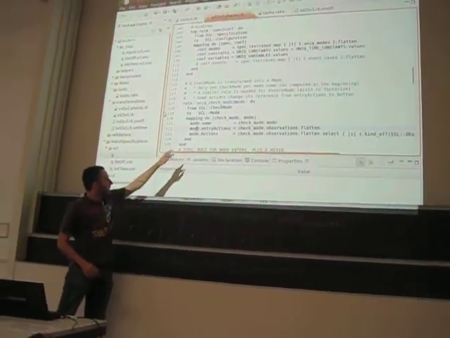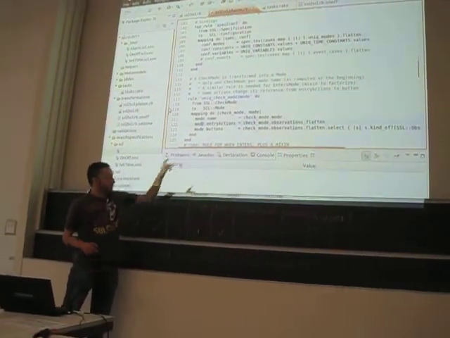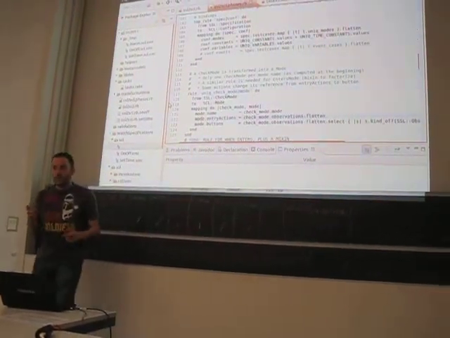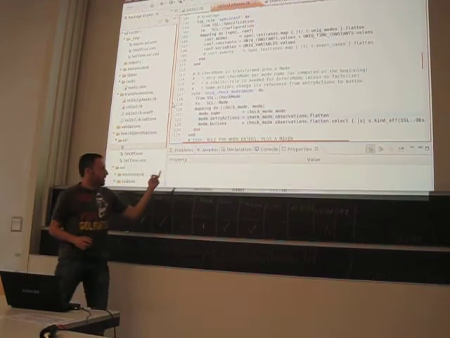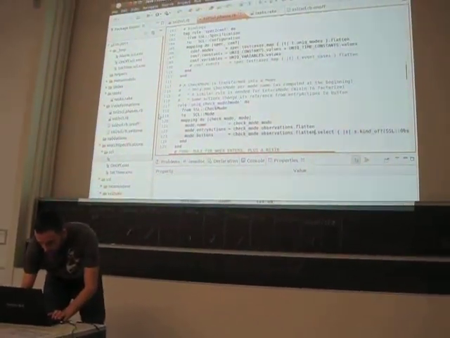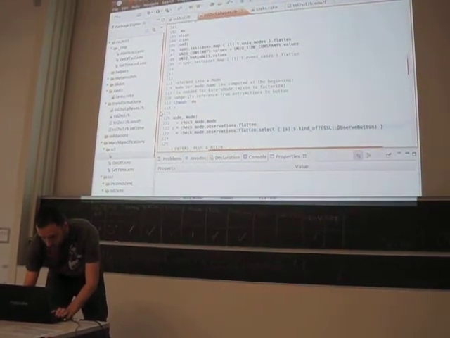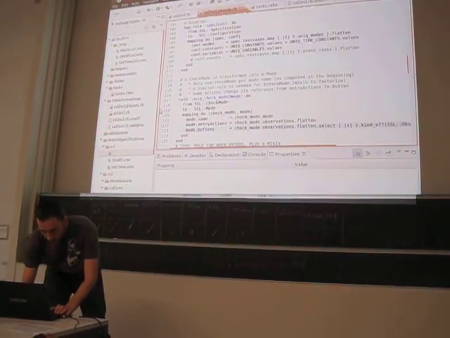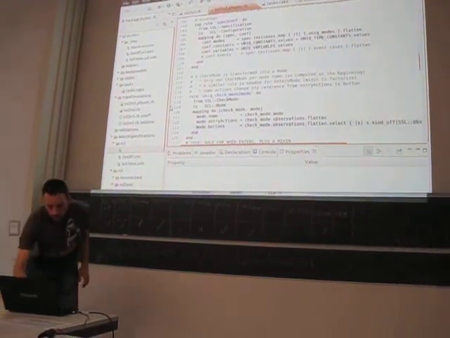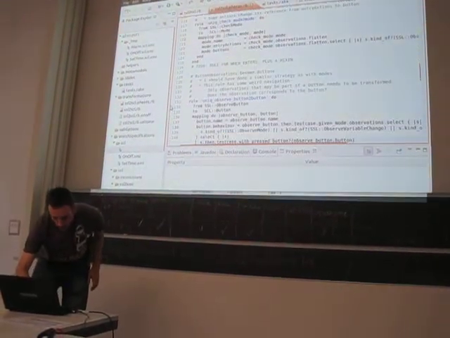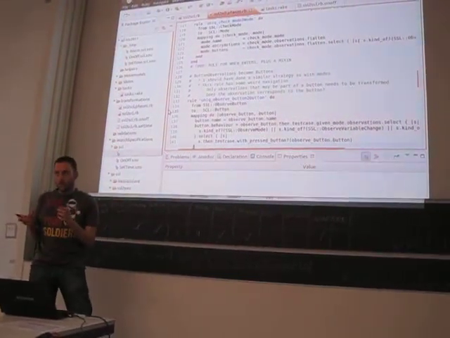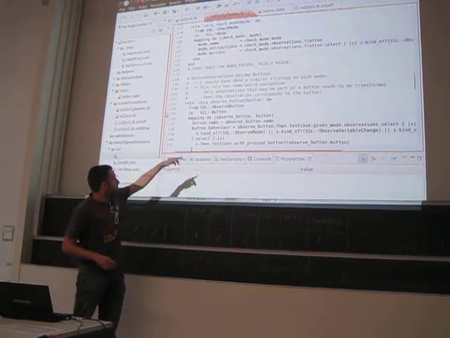But here I take all the actions and put them in the entry actions reference, and then some of these actions, like the observe button in particular, have to be converted to a button, and the actions within a button have to be assigned to the behavior of the button.